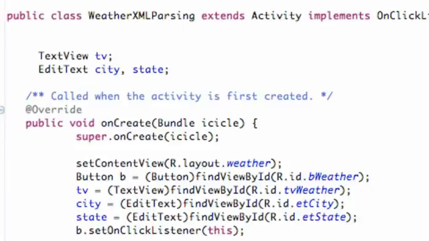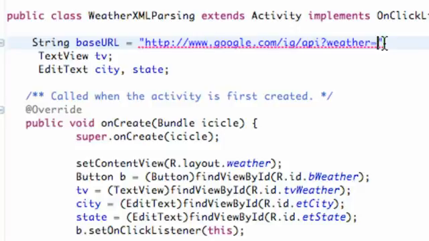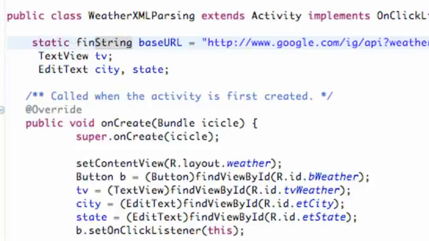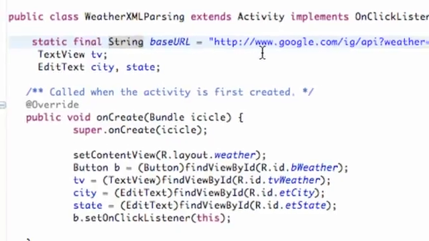We're going to go over to our weather XML parsing class, and we're going to set up this variable. Again, it's just going to be a string reference, so we're going to say string, and we're going to call this base URL. We're going to set this equal to what we just pasted within quotations, and there we go. Make sure you have the HTTP in there. It should have copied over as well, but you want that. So now we have our base URL set up. Again, we can just say something like static final, because the base URL is not going to change,